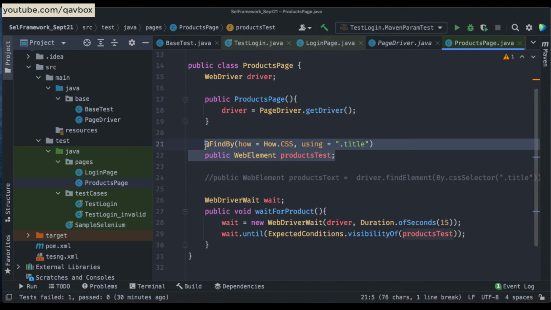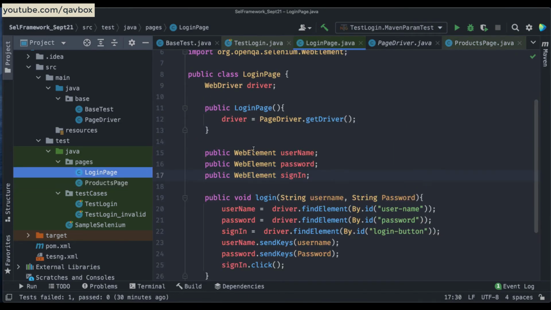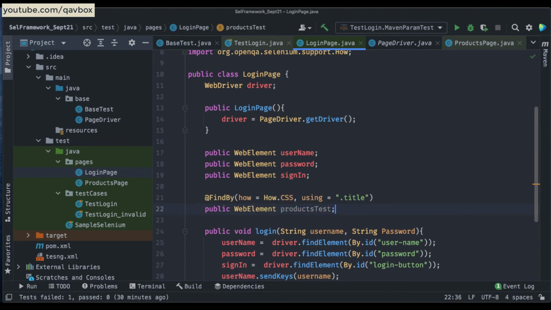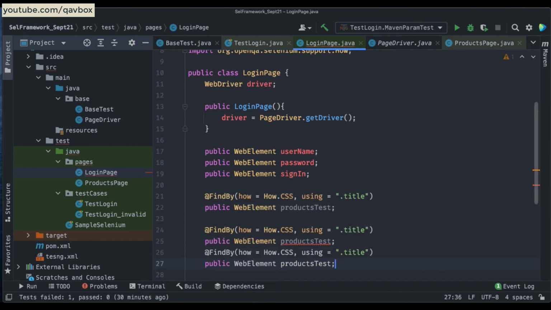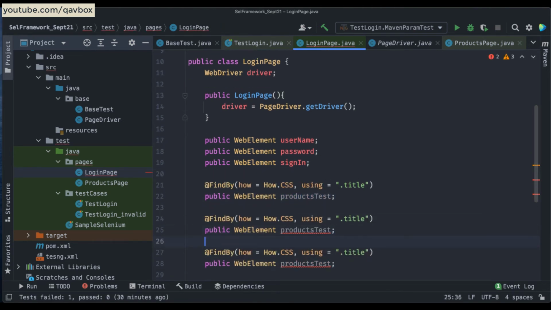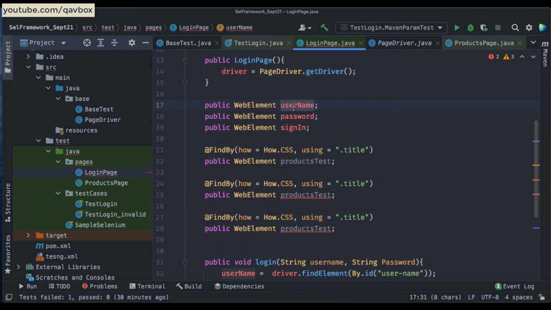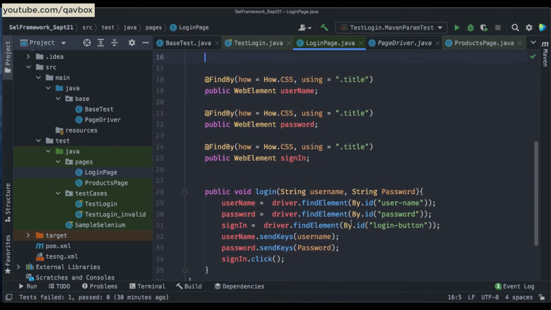Let me copy paste these things here as well, so that we can have a solid page factory for all these screens. I will be quickly updating all these things. And here, as you can see, I don't want this driver dependency now, so I will be removing this one as well.